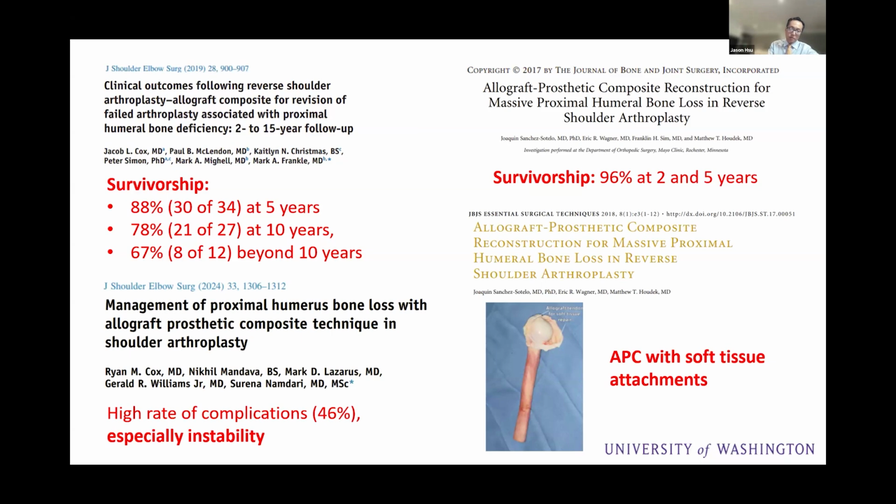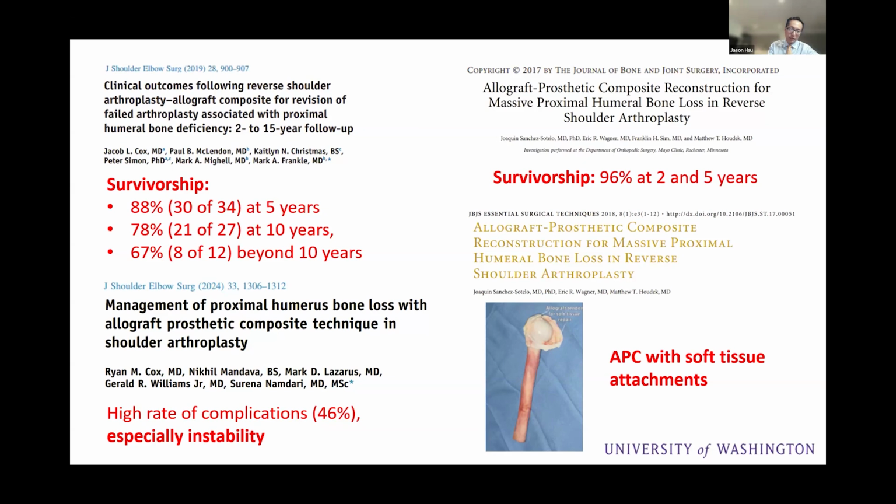But the issue is that grafts with soft tissue attachments, at least in my experience, are very difficult to get. We don't have a freezer at our institution. If we find one, we can't store it, and it's very hard to just find one. So I haven't had the ability to get that, and I have had my fair share of instability after